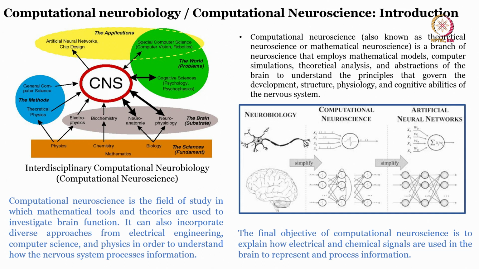Same thing goes for physics, how the electrophysics works, how the potential difference arises. My point is that if you really want to understand the details, or how some of the structure of the brain actually works, or you want to replicate a few structures, for example, if you have heard about developing a VLSI chip that will mimic a part of the brain, so when you talk about neuromorphic computing, that falls under computational neurobiology or computational neuroscience.